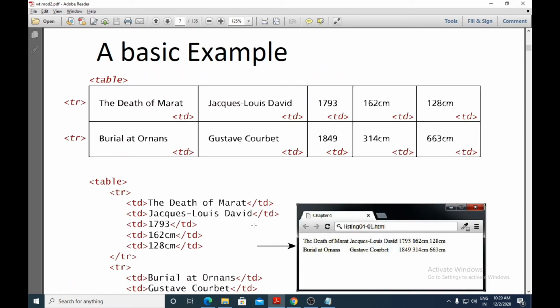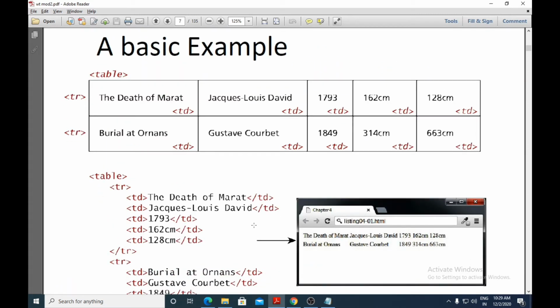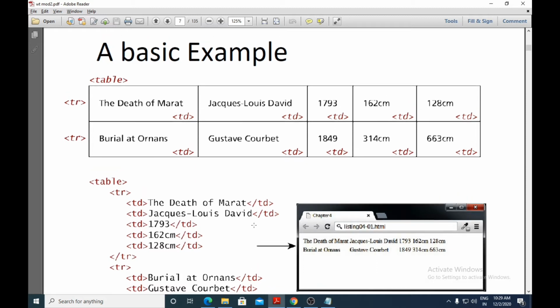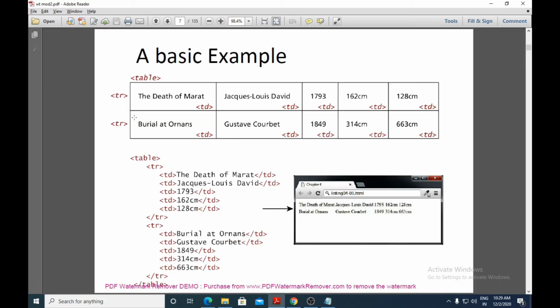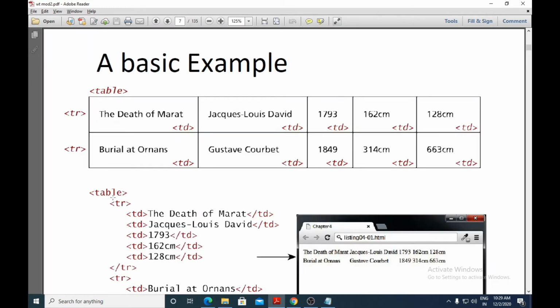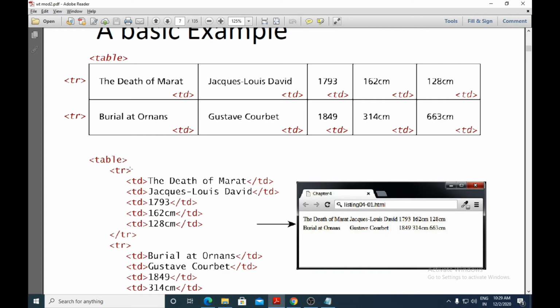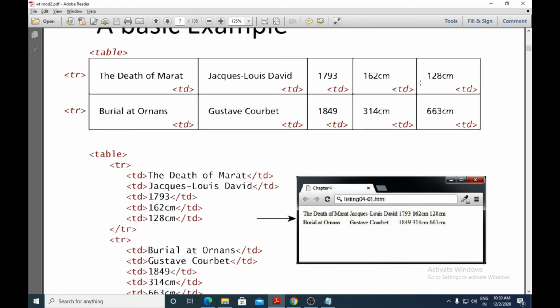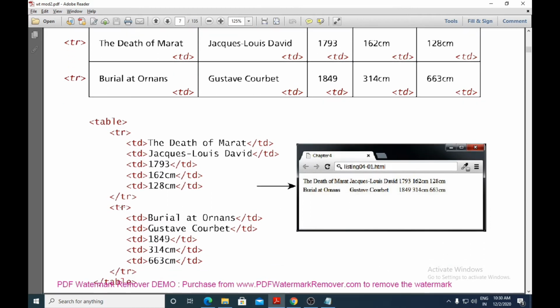And let's, yes, there is one more example here. Okay, a basic example here. This is the table element, this is the tr element, and this tr element is consisting of all those td cells. Okay, so how they have written this? Table element is there. In that table element you have this tr, and in this tr you have all these td cells. Okay, the first row consists of all these td cells. Then you have another row, and that row also consists of td cells. Okay, so their table looks like this.